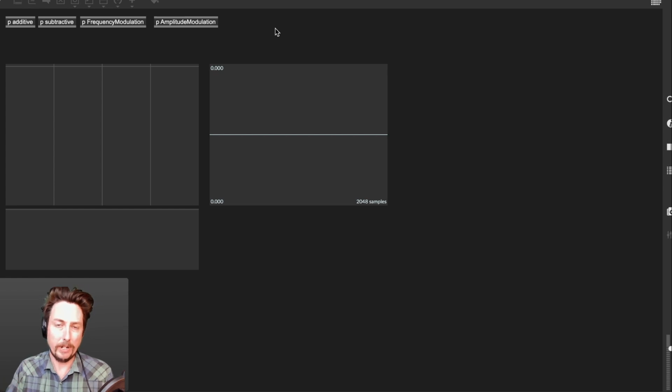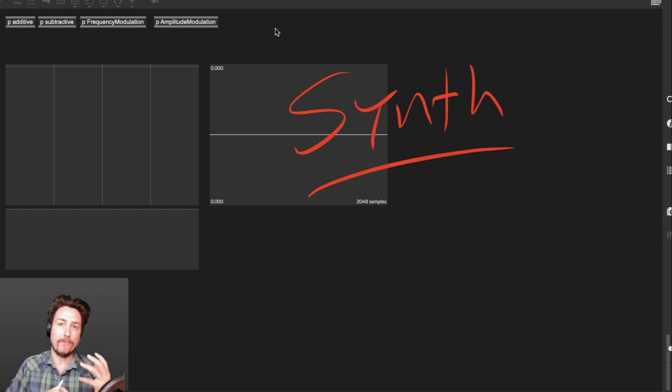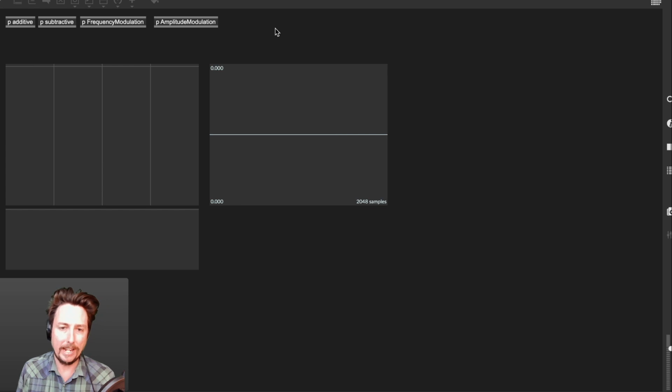All right, for this little talk, we're going to get into a little bit about synthesis. And we're going to use Max/MSP as the backdrop for demonstrations because Max/MSP has the ability to show synthesis as like a flowchart. So if you were to get into textbooks on synthesis, you would see things like unit operators or unit generators